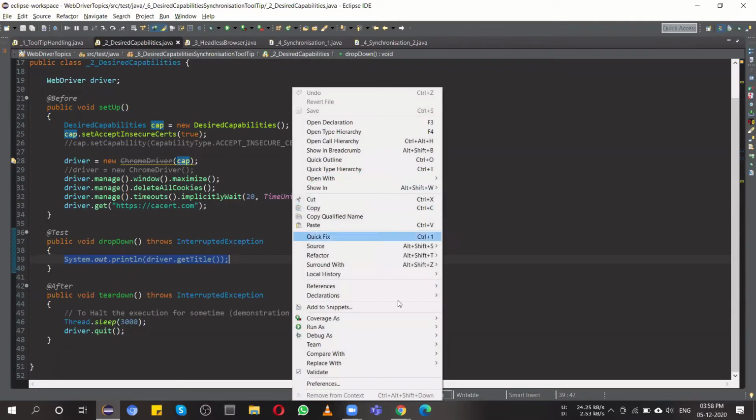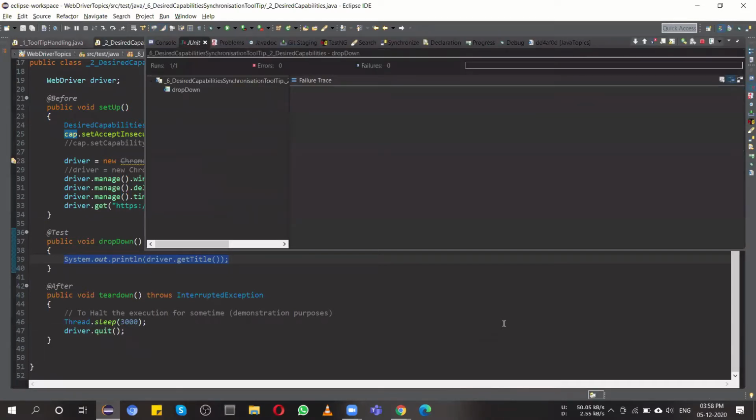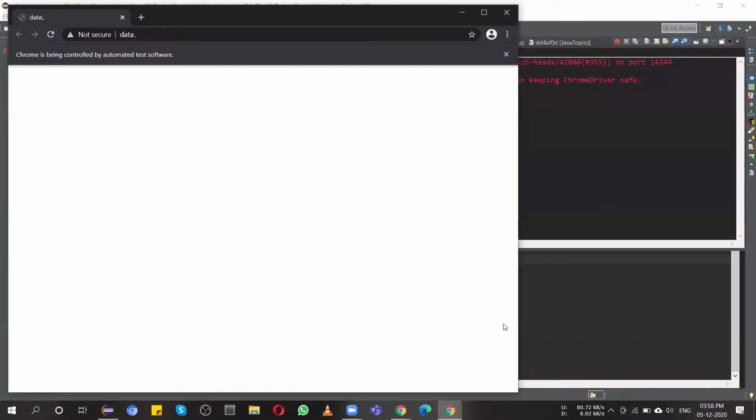So let me execute this script, and it will open the browser. After some time, you'll see that the page got skipped, which was showing the issue that SSL is not available.